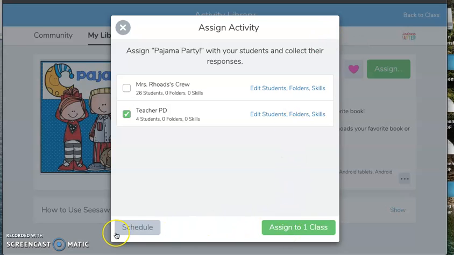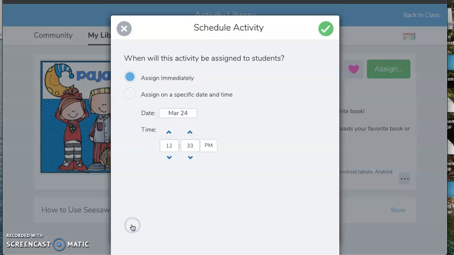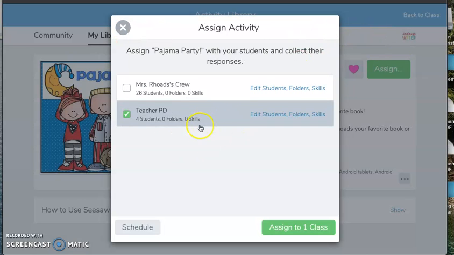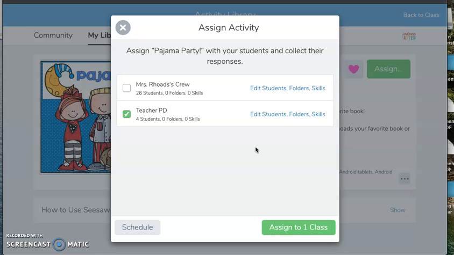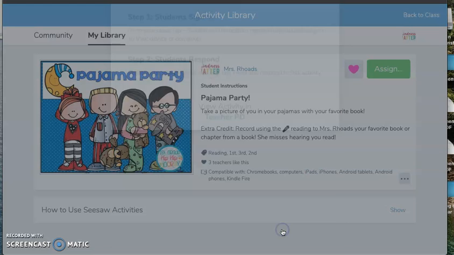If you have the premium version, you have the ability to schedule when you want to assign it. For instance, for this week, I have it set up that all of my activities for the week are ready to go, and I just have it being pushed out on a certain day and a time. But without the premium version, you can assign to the class immediately only. So I assign to one class,